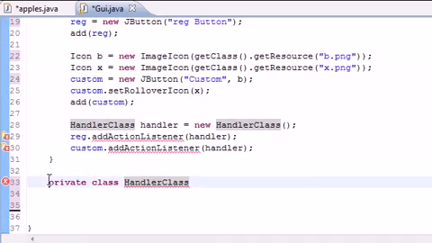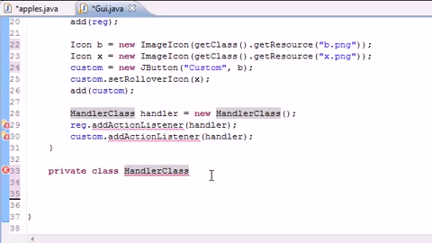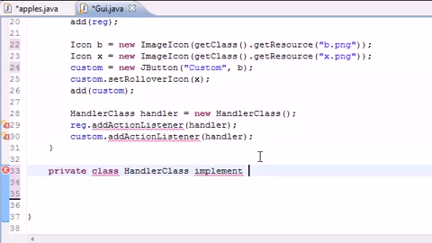And yes, we are putting a class inside this main class. We are allowed to put classes inside classes. So, you know, just letting you know, we can do that. Why? Because we just did. And we'll have this implements, there we go, did I spell that right? Implements action